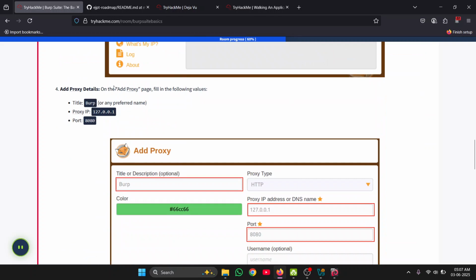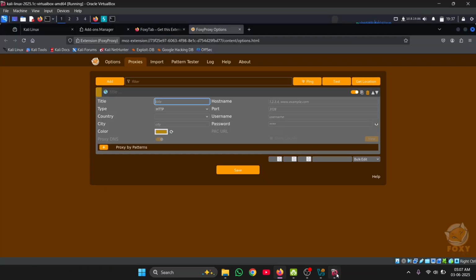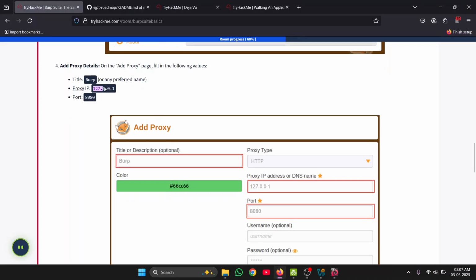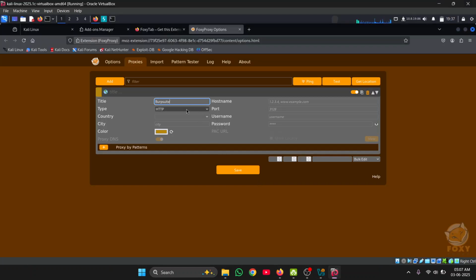For add proxy details, on the add proxy page, click on title Burp. Title will go as Burpsuite. Proxy IP will go as